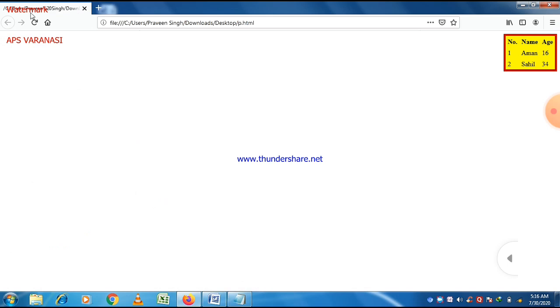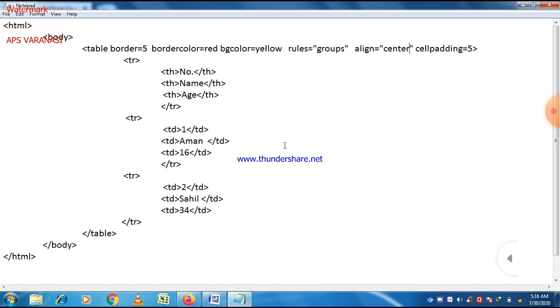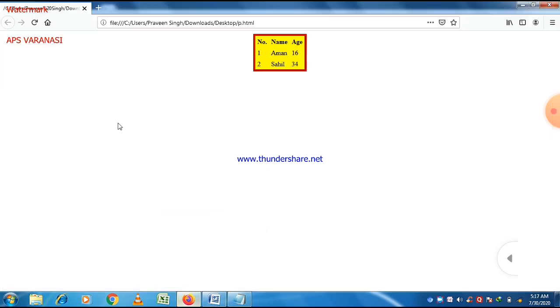Now there is another attribute named cell padding. And what is the role of cell padding? It actually increases the space between the content of the cell and the cell boundary. So here I just take a value 20, and let us check what happens. You can see that this is the original table.